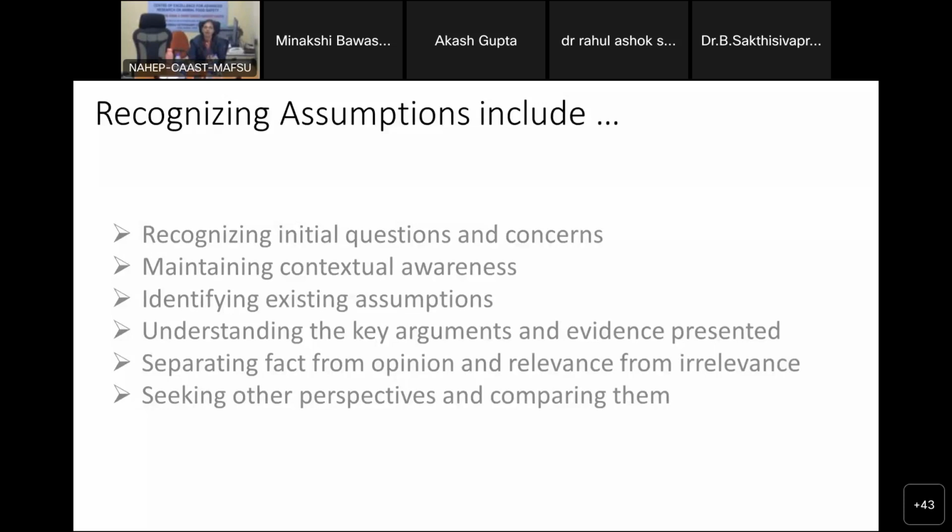Okay. And then seeking perspective and comparing them. When we were having the argument, I was asking you questions. Why are you saying this? Why are you saying that? There are so many other things that are possible. So you need to compare what holds the most value and which is the most relevant solution. Considering all that, you have to start working on your options for the solution, and then based on that, decide what is best suitable and then implement.